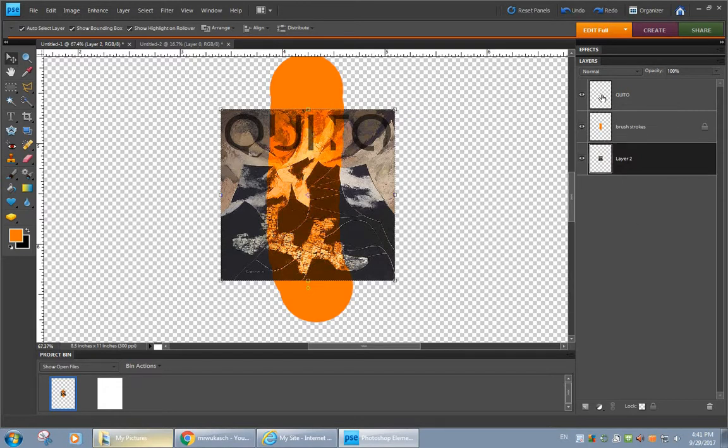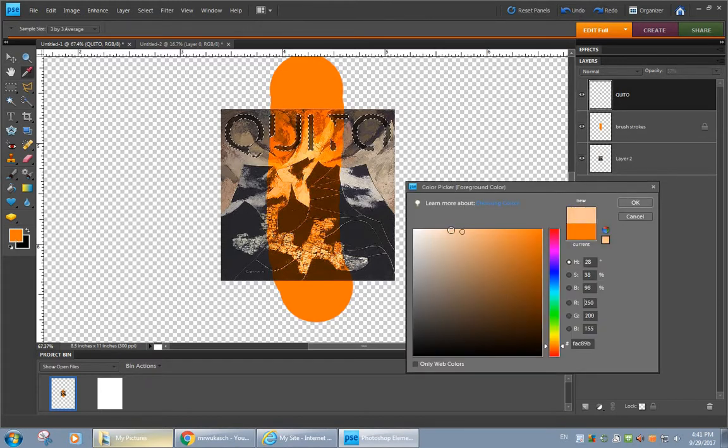Another cool feature about these layers, especially this thumbnail, is that as you hold down Control, you can click on this thumbnail and it'll select all of the pixels in that layer. So you don't need to specifically go around and select that bit and be in this layer and then make an adjustment to those. You can instead hold down Control, click in this layer thumbnail, this little picture of what's on the layer, and it'll select all of the pixels on that layer, even if they're very transparent. However transparent, a pixel on that layer is going to get selected if you hold down Control and click on it. So that's a very convenient thing, especially if you wanted to change